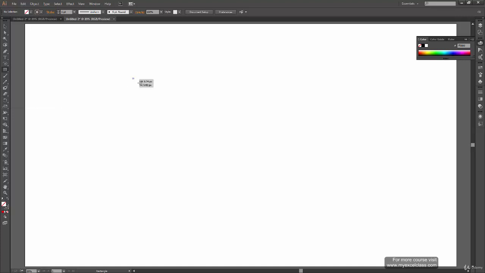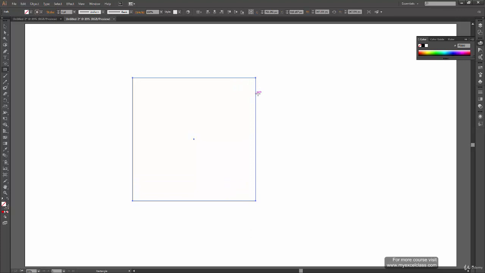So for rectangle, if you hold Shift key, you will get a perfect square. Otherwise, you can release Shift key and you can make any kind of rectangle you want. And while drawing the rectangle, you can see our first point is fixed and we are moving the second point.